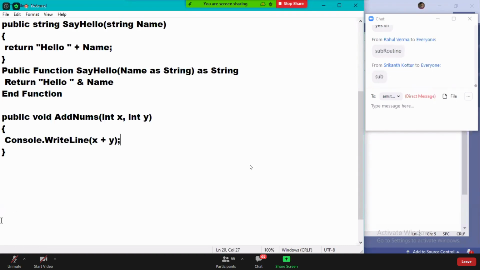Can you tell me how to write just the first line? For a subroutine, no need to write Subroutine. Simply Sub is enough. Already I showed you Shared Sub Main. We use only that word, Sub, that's all.